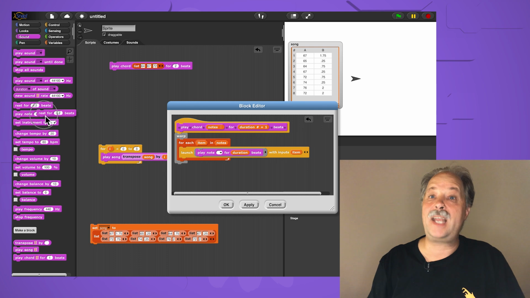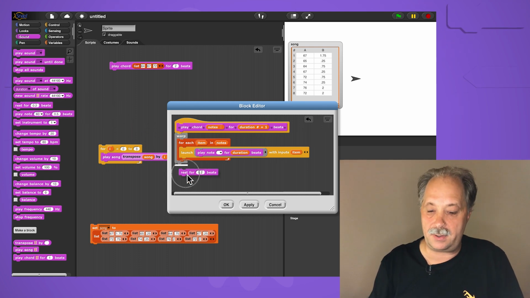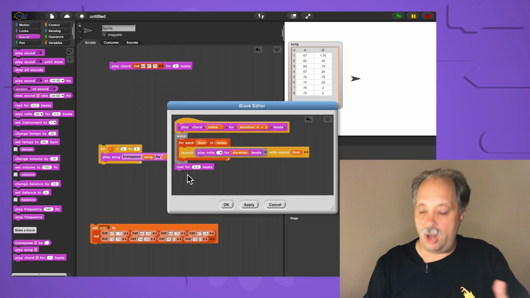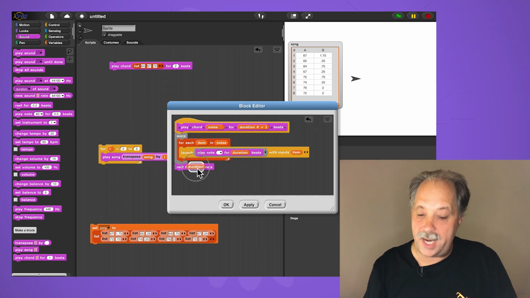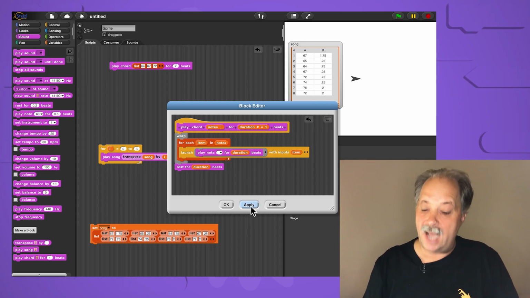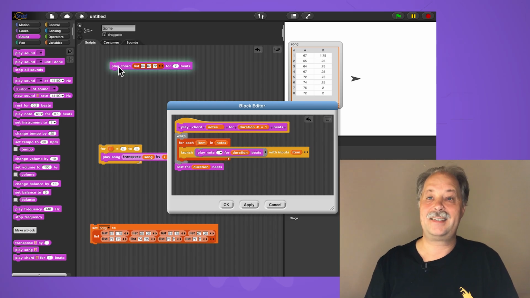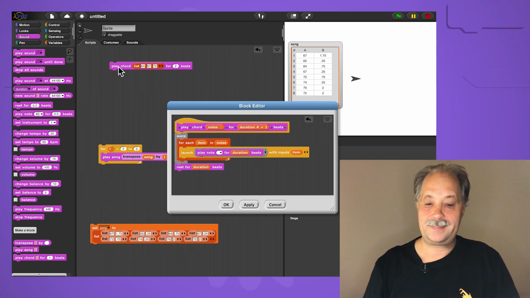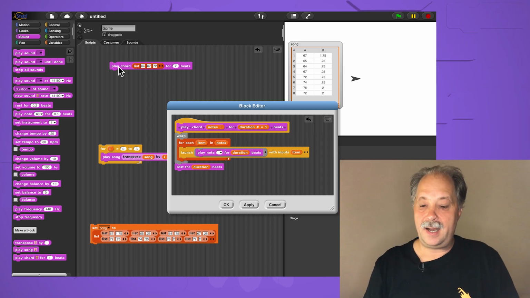The rest block is the same thing as a wait block, except it takes beats instead of seconds as an input. So after I'm launching all the notes, I want to rest for the duration so they all get a chance to play until they're done. Now let me apply this again and try this. And you can see it keeps